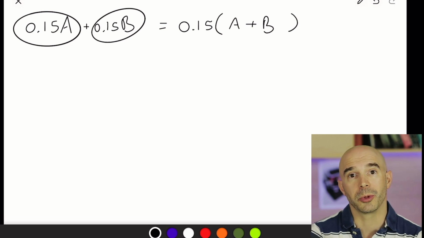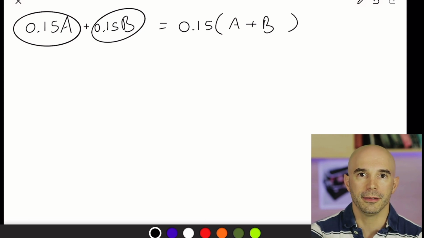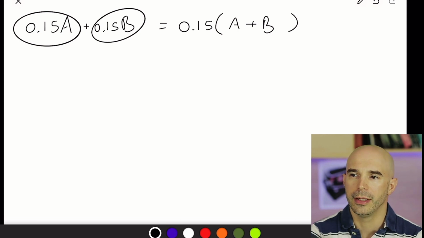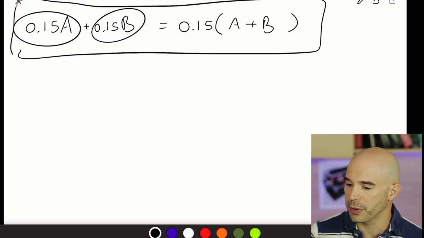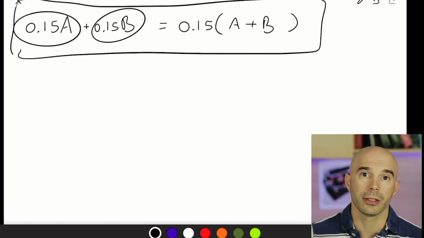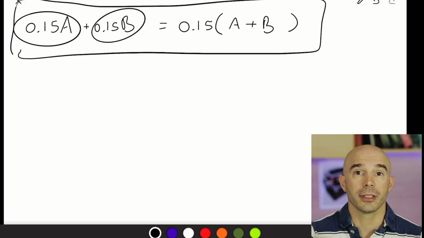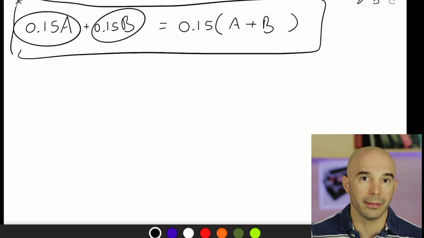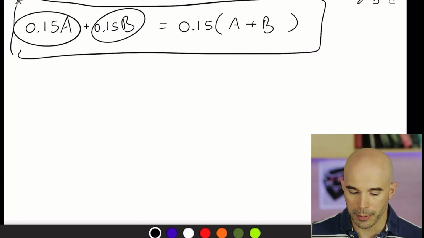Now, if they had different profit margins, I would not be able to answer the question. I would only be able to say it's somewhere in between. It's a weighted average, and it would be closer to whichever item was more expensive, because that one would carry more weight in terms of the overall profit for the day. But because they both had the same profit margin, we can do this kind of thing. And this is the distributive property. So the reason why we can answer the question that I made up is thanks to the distributive property. When you're multiplying 2 different items by the same factor, you get the same result as if you had added those 2 items in the first place and then multiplied by that factor. And that's really what that question was testing, in my opinion.